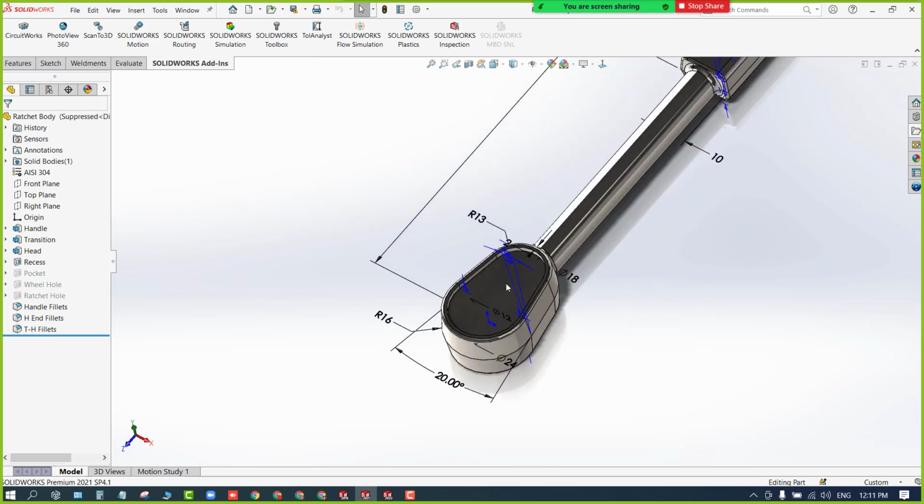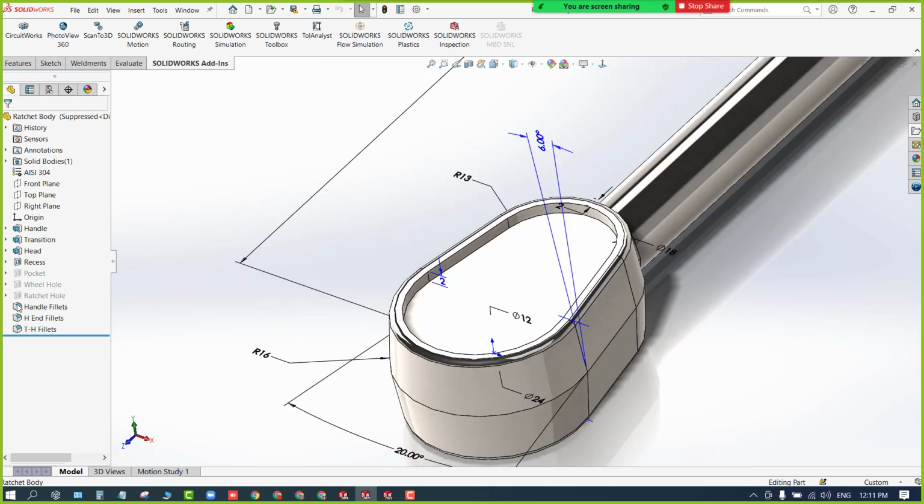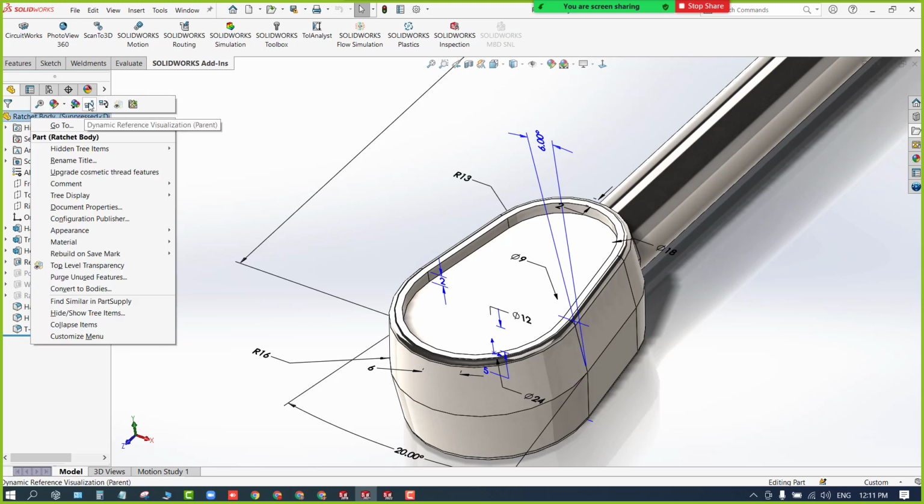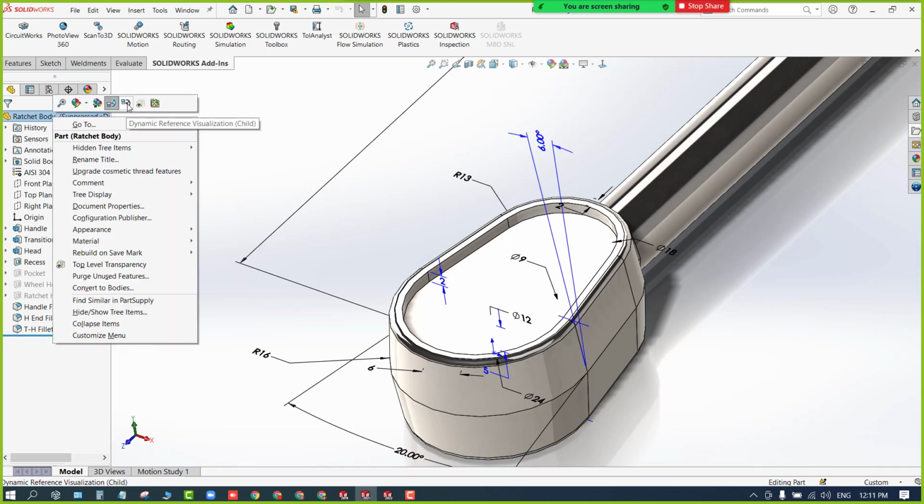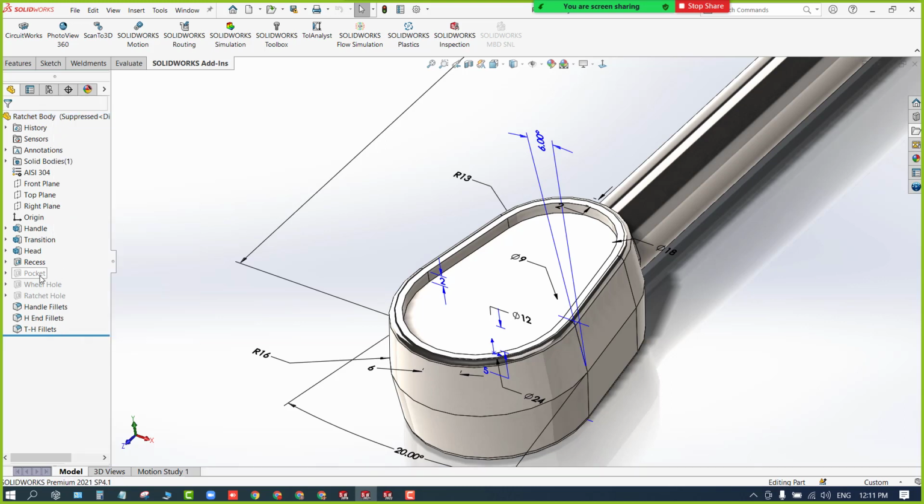To create this pocket, I have selected this face as a reference, right? And to create these two, again I have taken this pocket as a reference, right? If that is the case, you just see here, right click on this and select this option, that is dynamic reference visualization, parent and child. It will show the parent child relation.